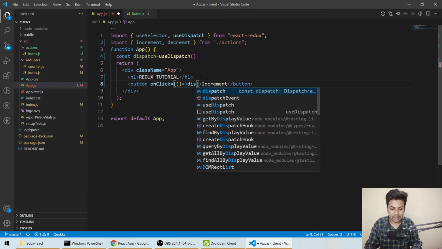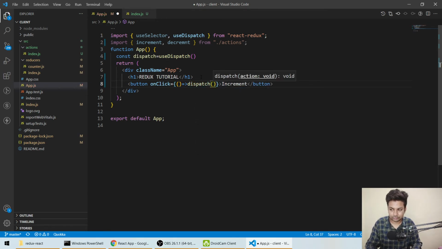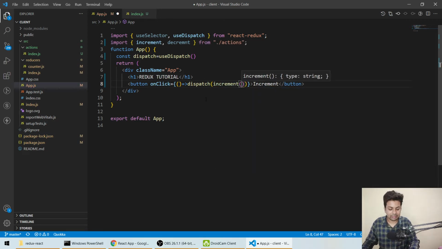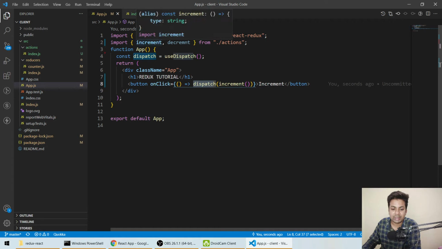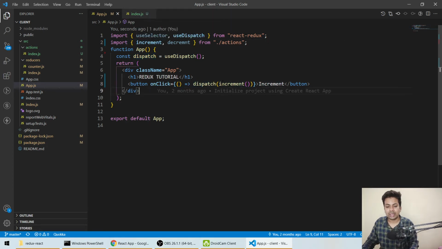We'll say dispatch(increment). What we are doing is, we made a dispatch using useDispatch, then we say dispatch, call this increment function. Okay, I have passed that increment, and here is the increment button. So let me just save it.